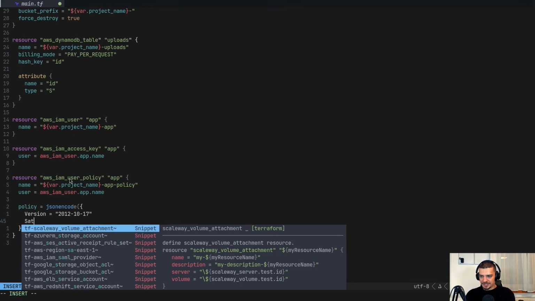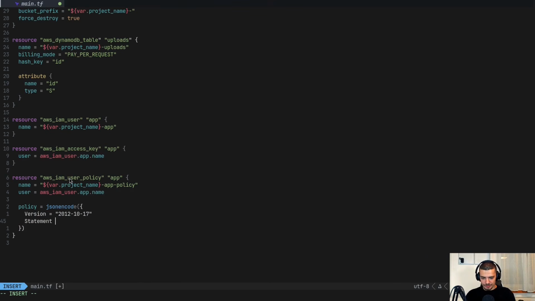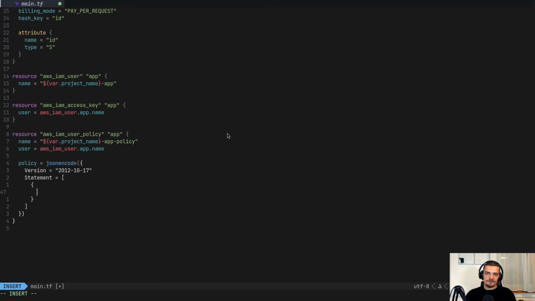And then we need our statement that is actually going to define the policy. So this is a list, and in this list we have dictionaries, and these dictionaries are expressions that give permissions to the user. So the first one is going to be for S3, so for the bucket, and for this we're going to say that the effect of this statement is to allow something.